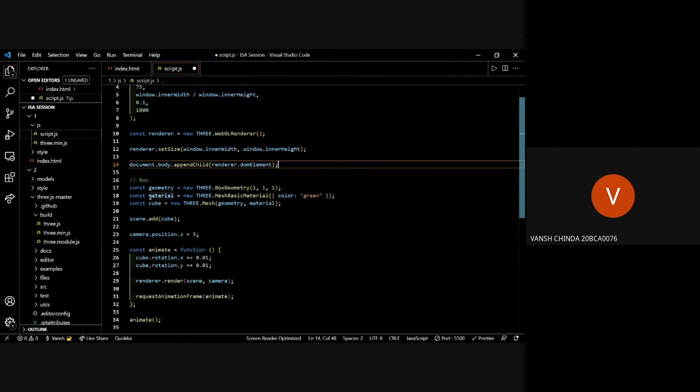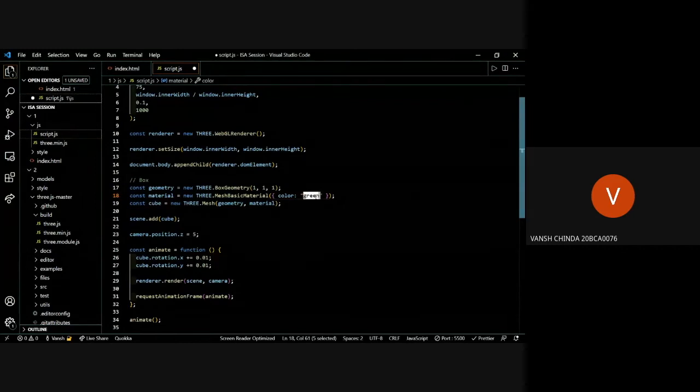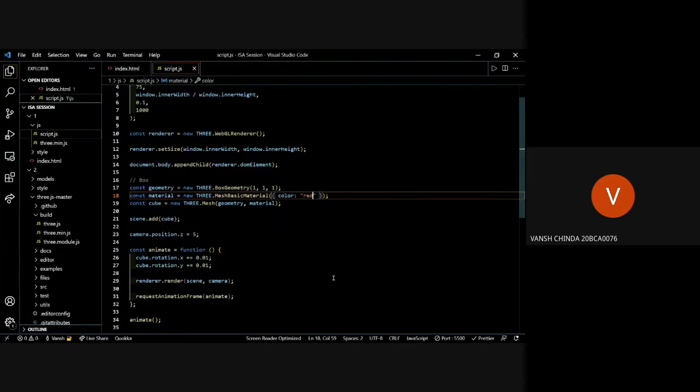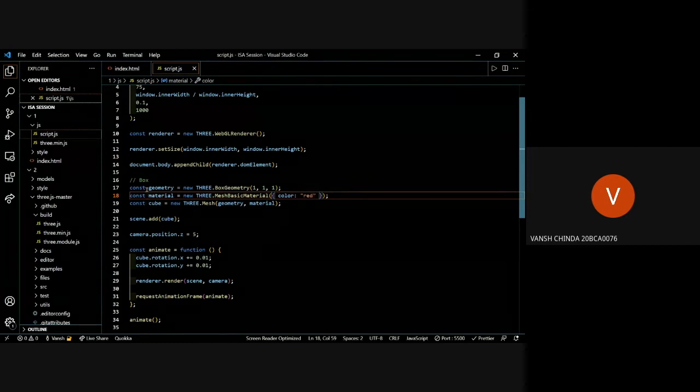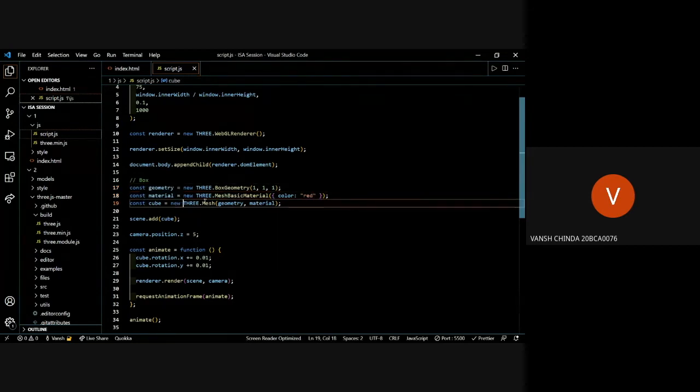And then add material. What's material? Materials can be really tricky, but this is a really simple example. We'll just give it a green color, or you can change it to red or any color you want. It'll just change to red. So we defined a geometry and we defined a material. Now we'll combine these two to create a mesh, basically just calling the THREE.Mesh function and passing the required parameters. Now this is a really important part. If you don't do this, the cube won't be added. There will be nothing here.